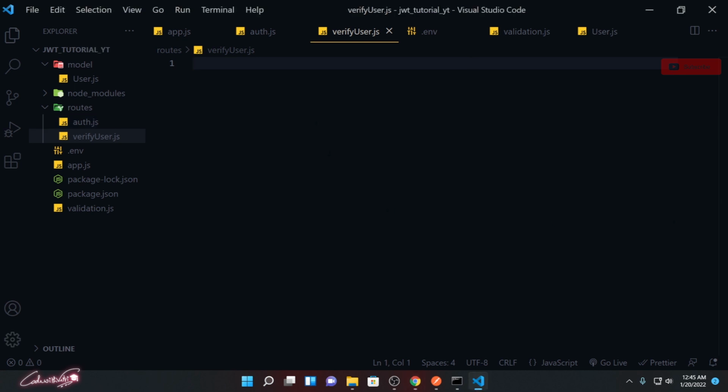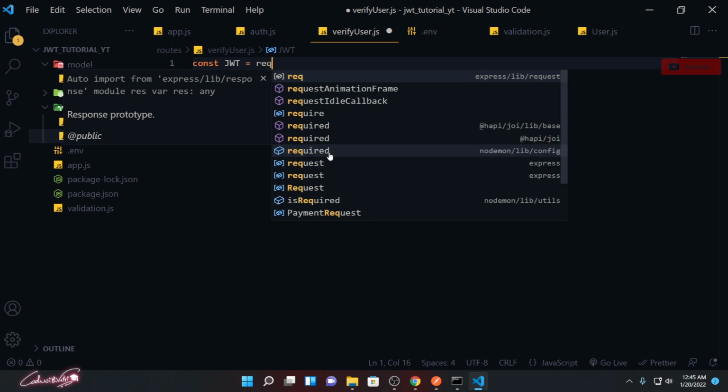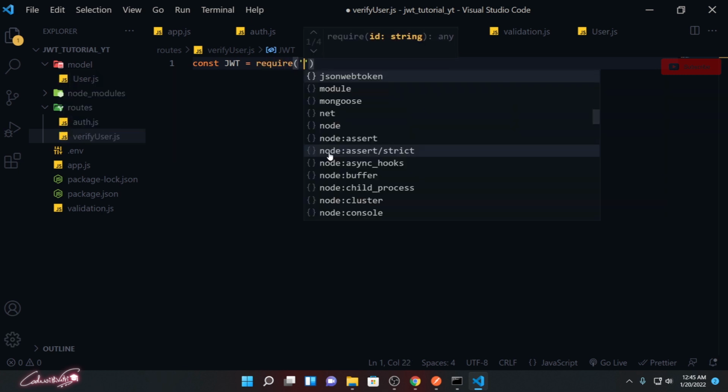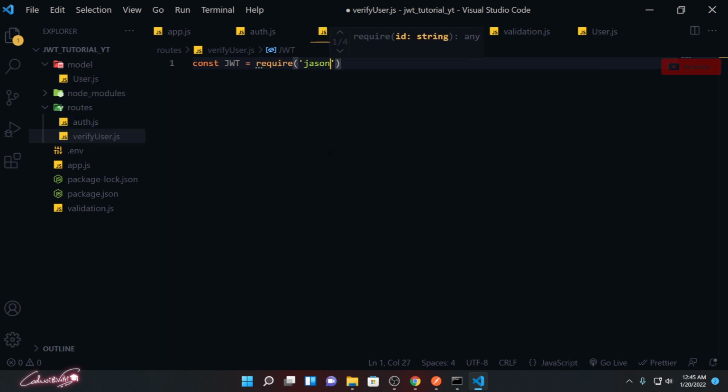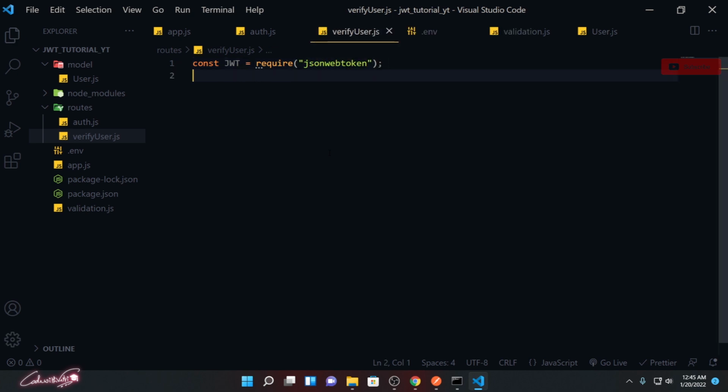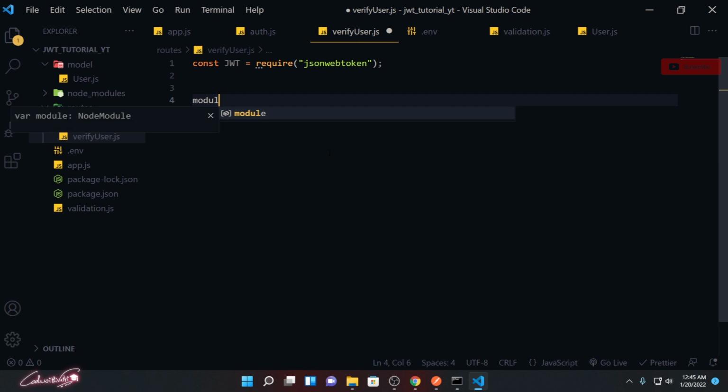So inside here, I'm going to create a new variable for JWT. We need that package, so require JSON Web Token. Save it, and then we need to export this package. So module.exports, I'm going to export a function.